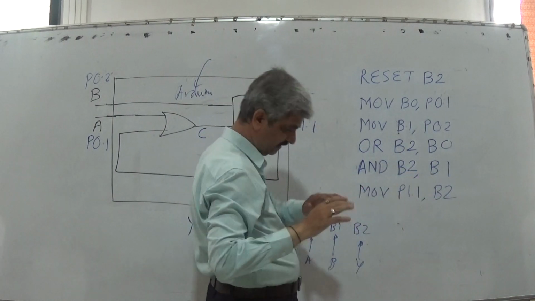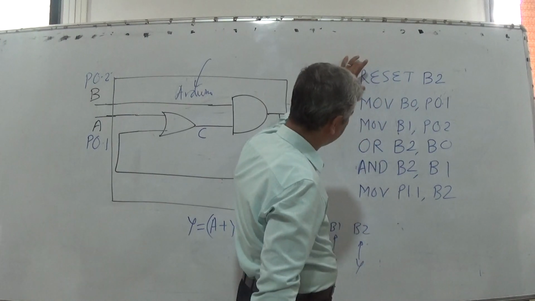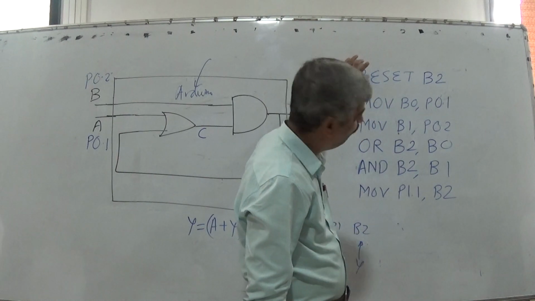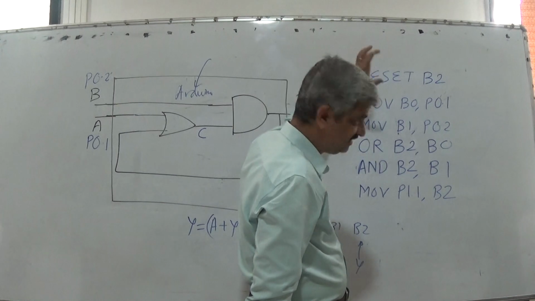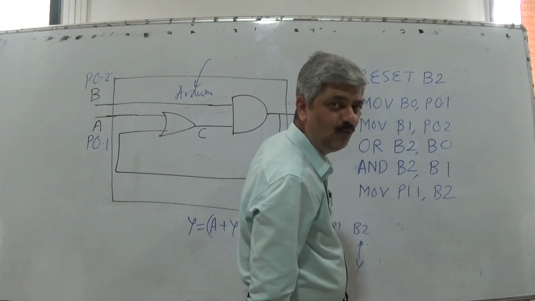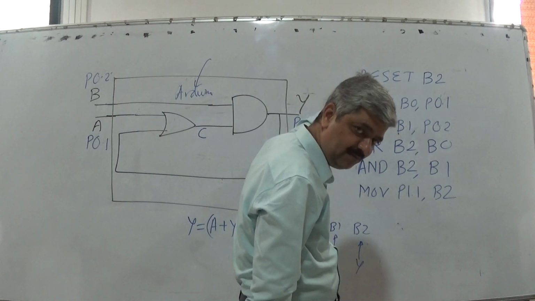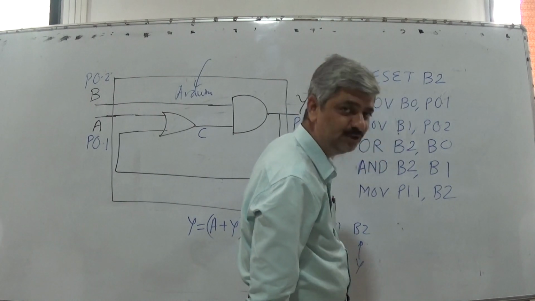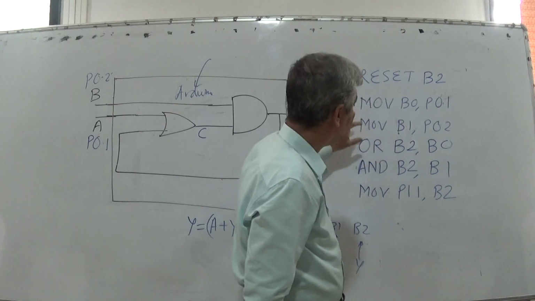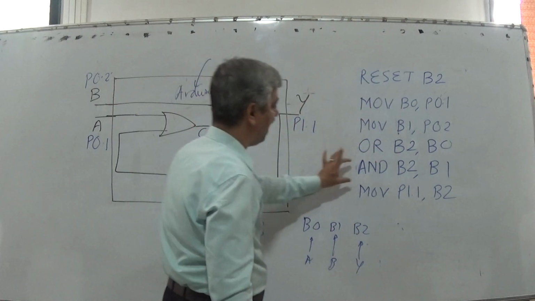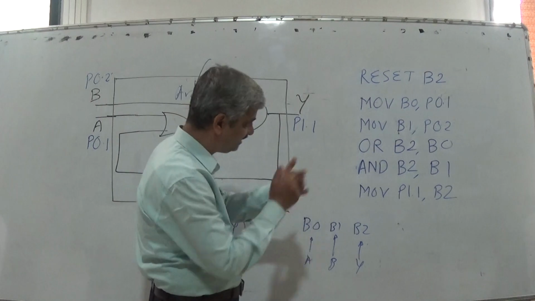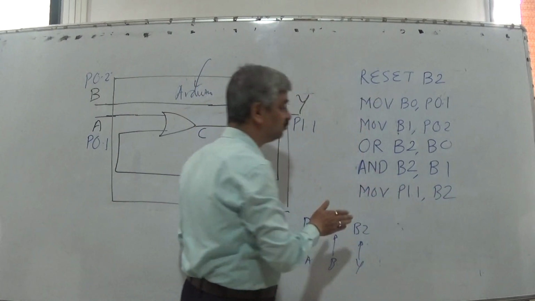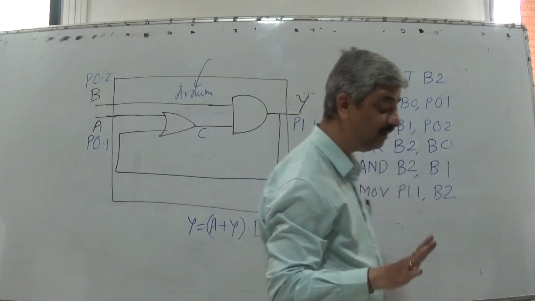So I again explain, by this reset I had made Y 0 the initial state. By this I transferred the first input into one bit of the microcontroller inside, and the second input into another bit inside. I have ORed this operation, I have ANDed this operation, and I have transferred the result on the port pin. So once this is over, remember that